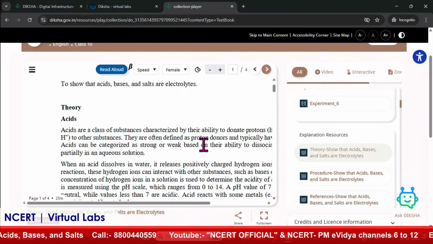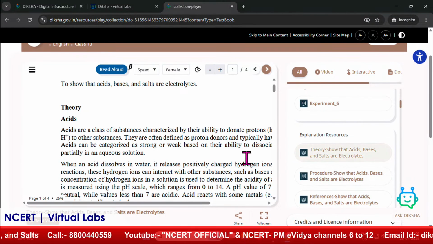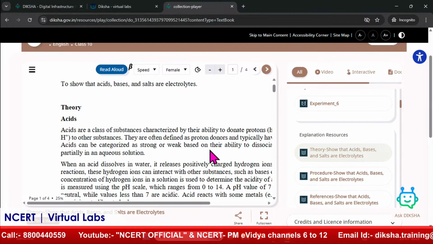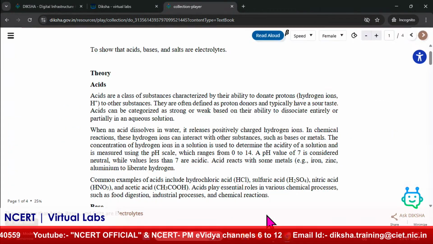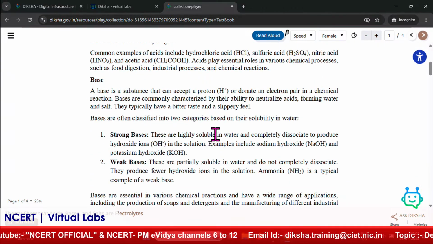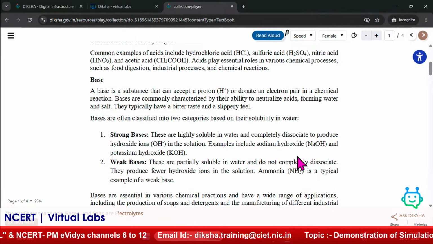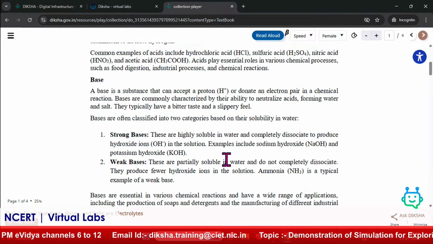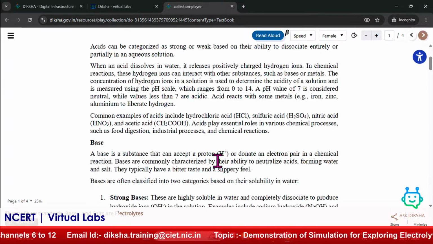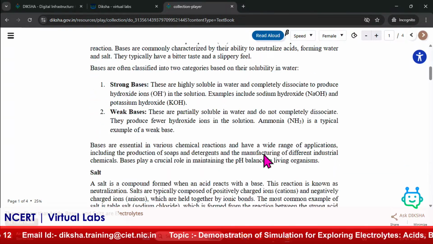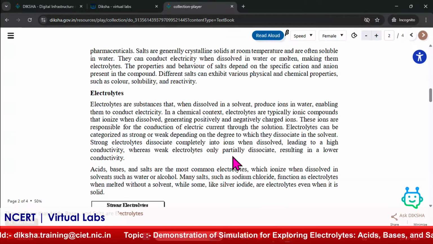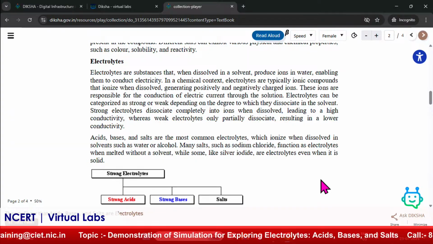Now one by one, I'll take a few minutes to explain this entire concept of electrolytes. If you were regularly watching our learning project, you were part of our learning journey, so my learners must have understood the concept of acid, base and salt, which I took in my previous sessions. If I go directly to electrolytes, what are electrolytes? Electrolytes are substances that dissociate into ions in their